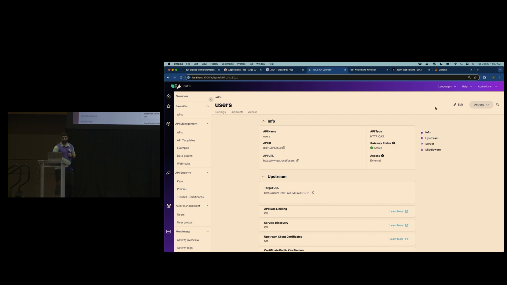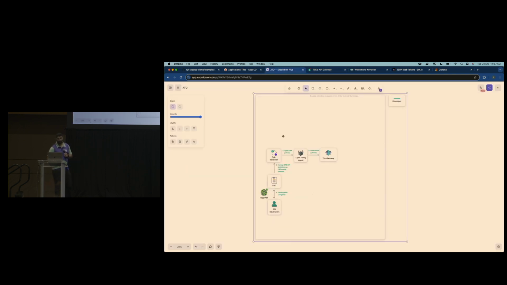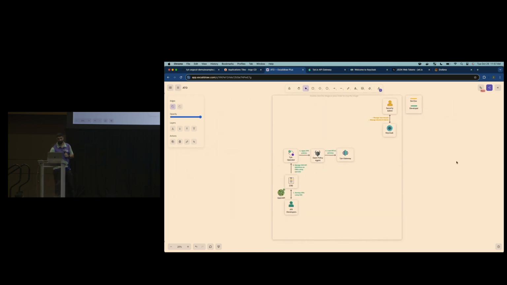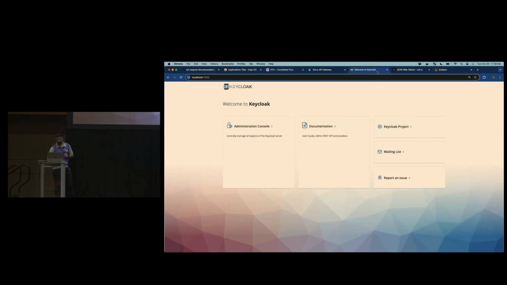Now that we have deployed the API to our gateway, the next step is to take a look at Keycloak and see how we created users to allow Keycloak to generate JWTs on our behalf so that we can access our API. I don't know if you guys are familiar with Keycloak. It's an identity provider.